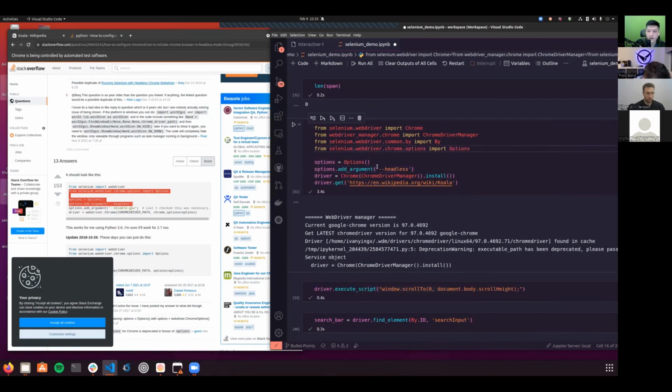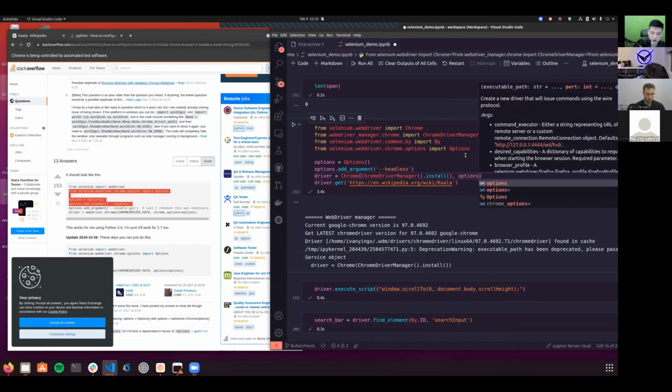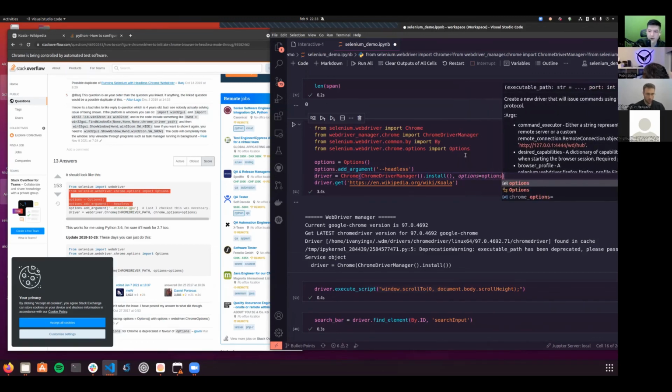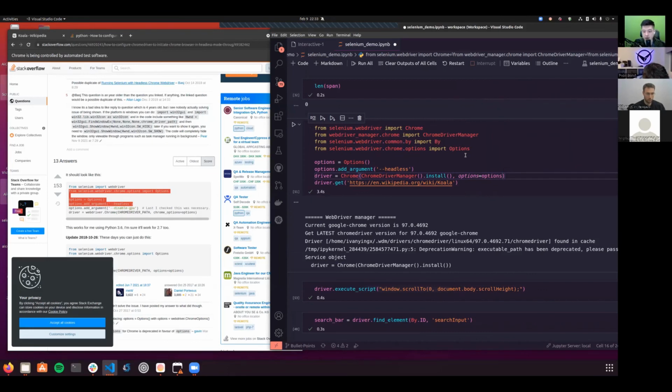Okay, so one of the options that you can add to your driver is headless mode. And once you define that, as you can see here, options will be this class here. You can add the argument headless and say that the options of your driver will be equal to the options that you have defined. And now, if I run that,